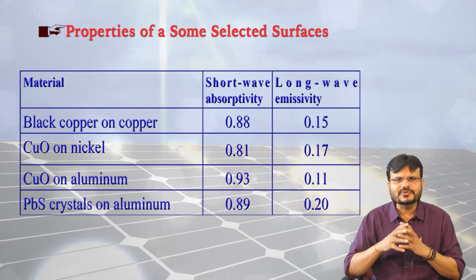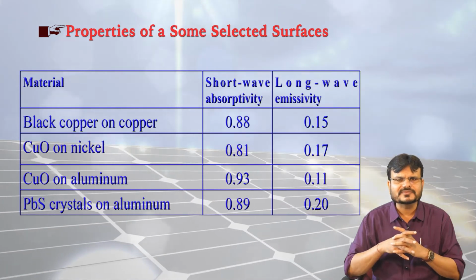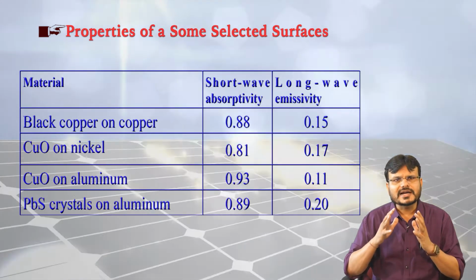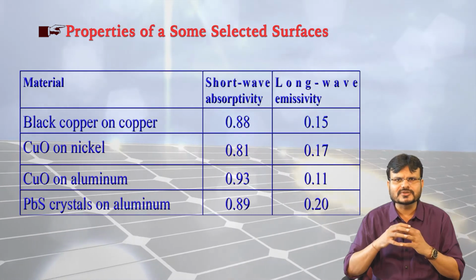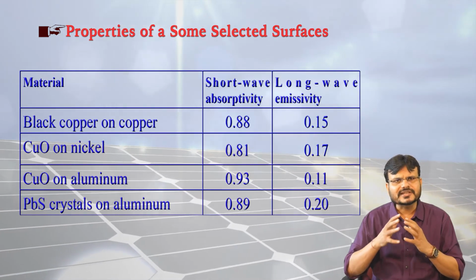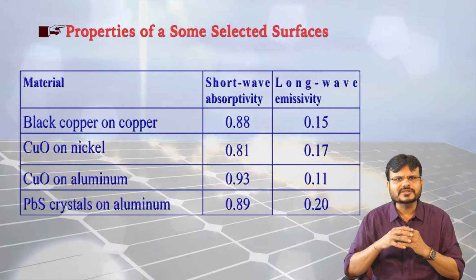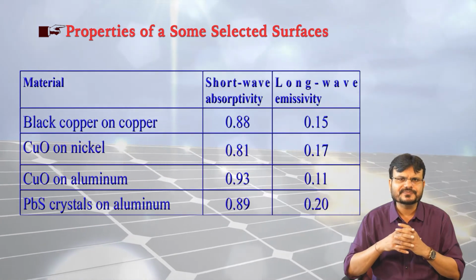You can see the following properties of the selective surface. First one is what? High absorptivity for radiation in the solar range of wavelength. Second property is what? Low emissivity for long wave thermal radiation. It is highly desirable to make use of selective surfaces in solar collector absorbers to attain high solar energy absorption and at the same time to reduce radiation losses to the surroundings.